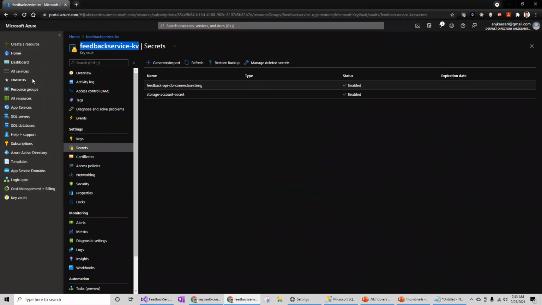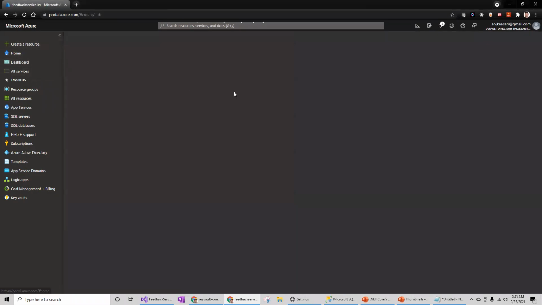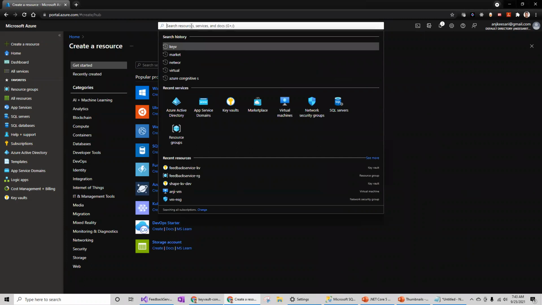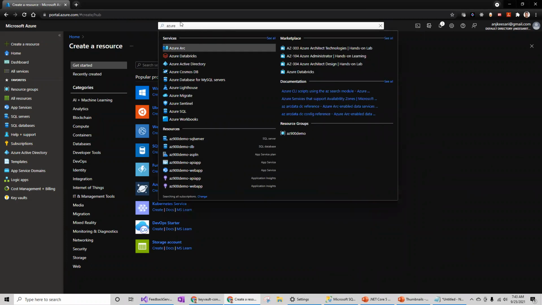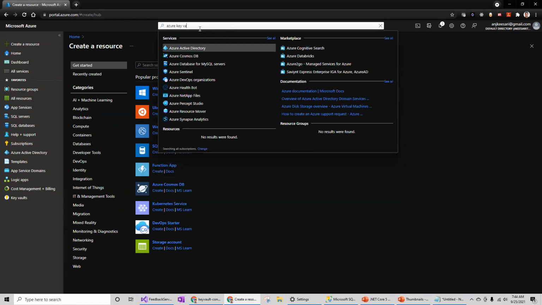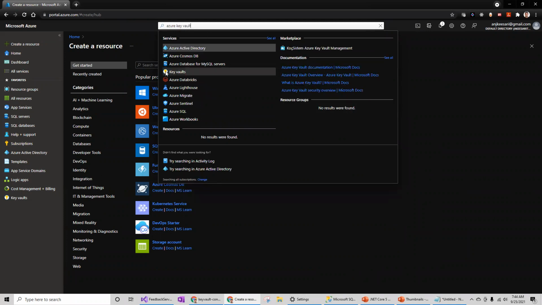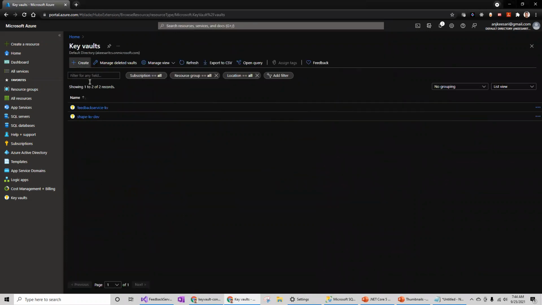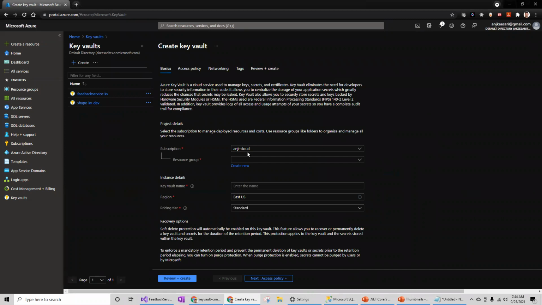Let's quickly create a new Azure Key Vault service. An easy way to search is Azure Key Vault. So I'll go to Azure Key Vault and say create new. I'm going to use a new resource group for this.